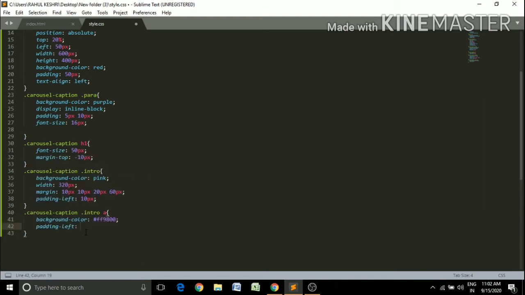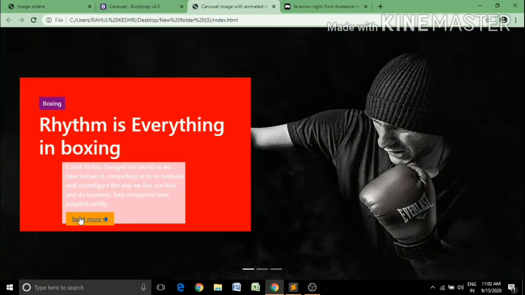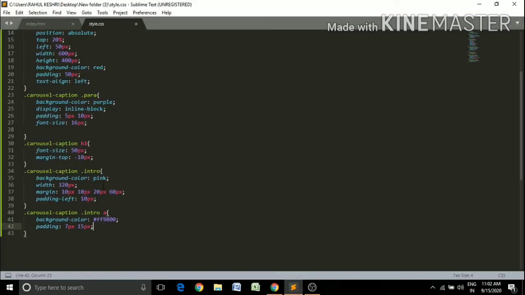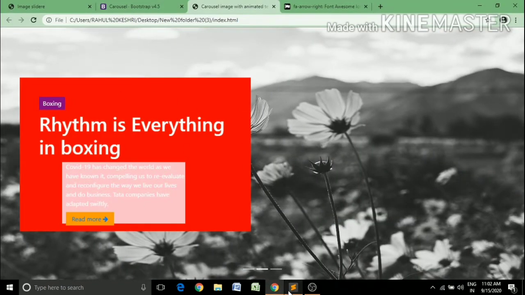Padding 7 pixel and 15 pixel. Okay, padding 7 pixel and 15 pixel. Color white.